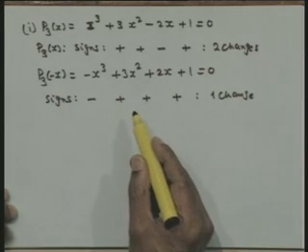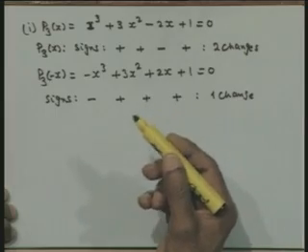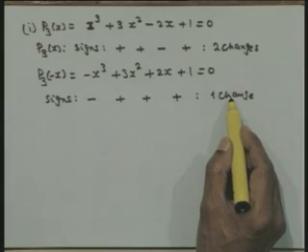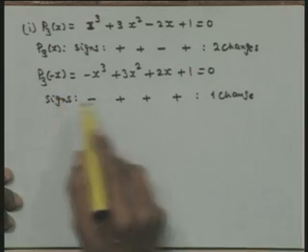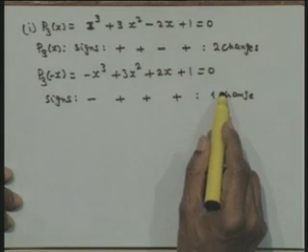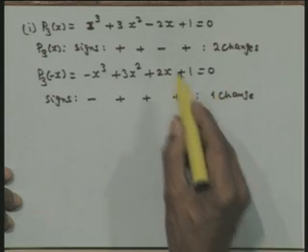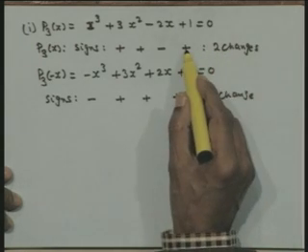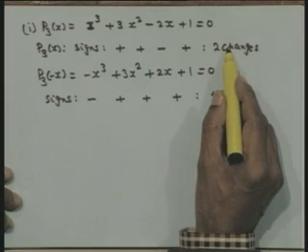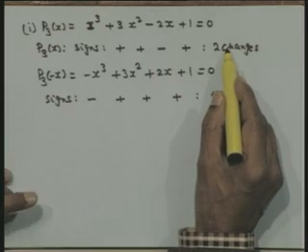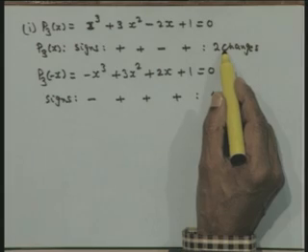Because an odd degree polynomial will always have a real root, because the complex roots have to come as pairs. Therefore if there is 1 change of sign, there cannot be a complex root, because a pair has to come. Therefore 1 change means surely that this equation has got 1 negative real root, we are guaranteed of 1 negative real root. Whereas in this case we have 2 changes of sign, therefore it could be 2 positive real roots or 2 minus 2, that is 0 real roots and a complex pair.